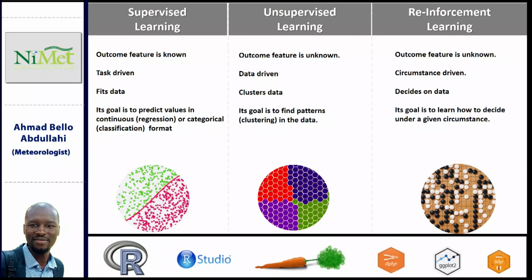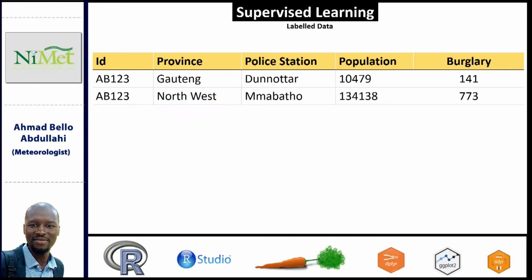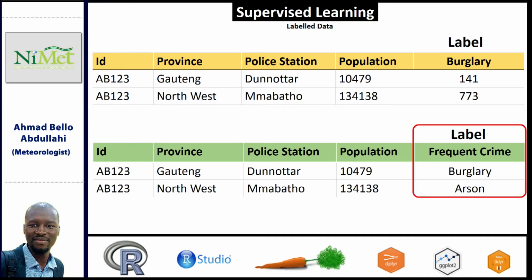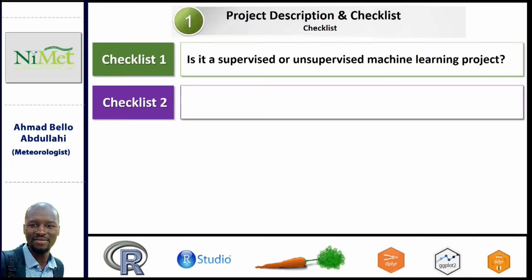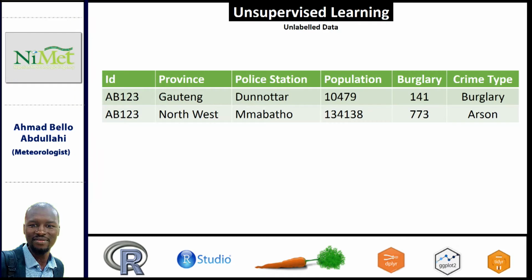In a supervised machine learning problem, labels can either be continuous, for example the burglary level, you can see it contains numeric values which are continuous, or it can be categorical, as we can see from the frequent crime level, which has different categories of data. The regression method can be used to solve a continuous supervised machine learning problem. And classification is the method that is used in order to solve a categorical